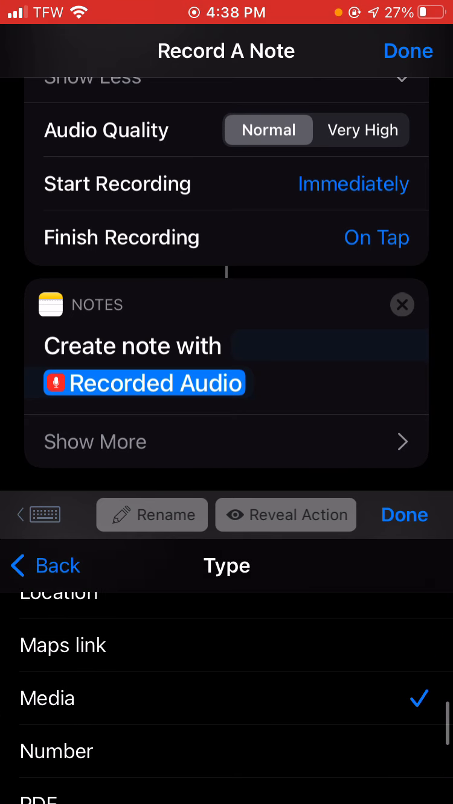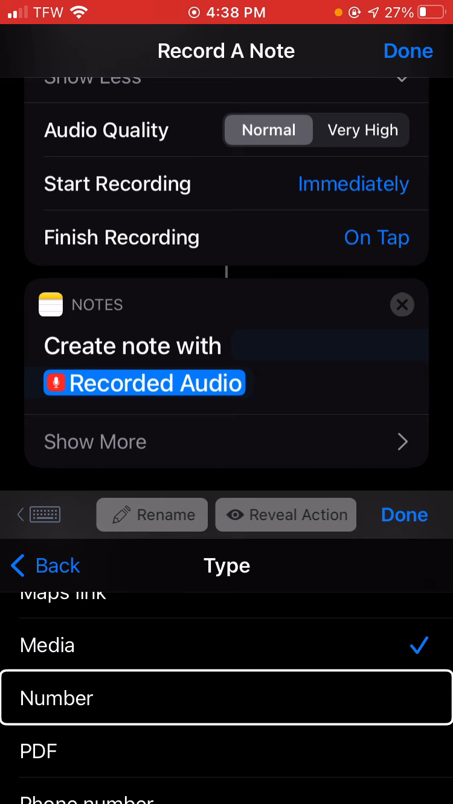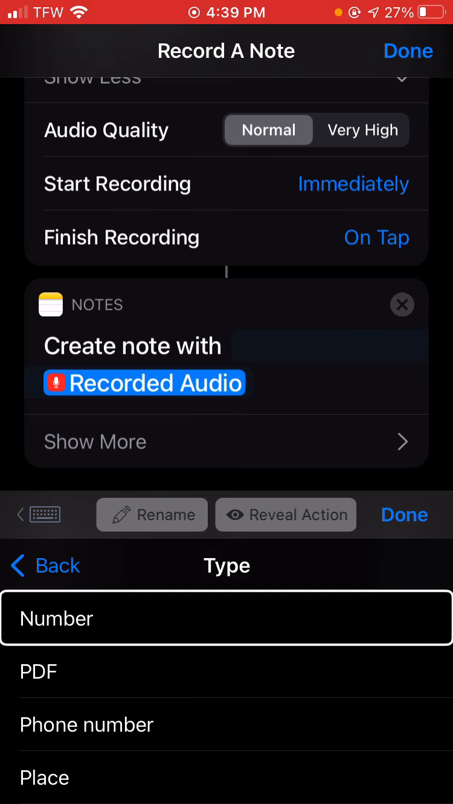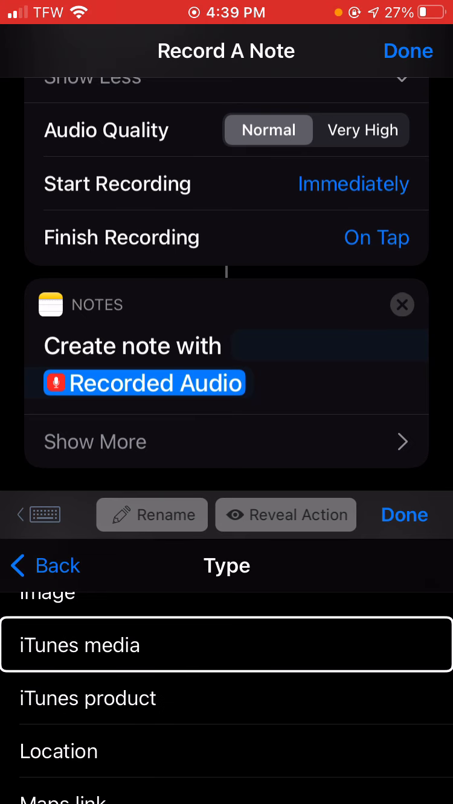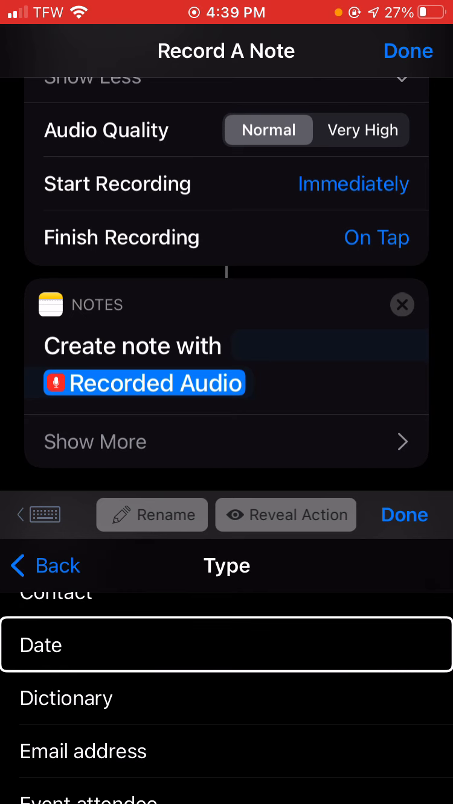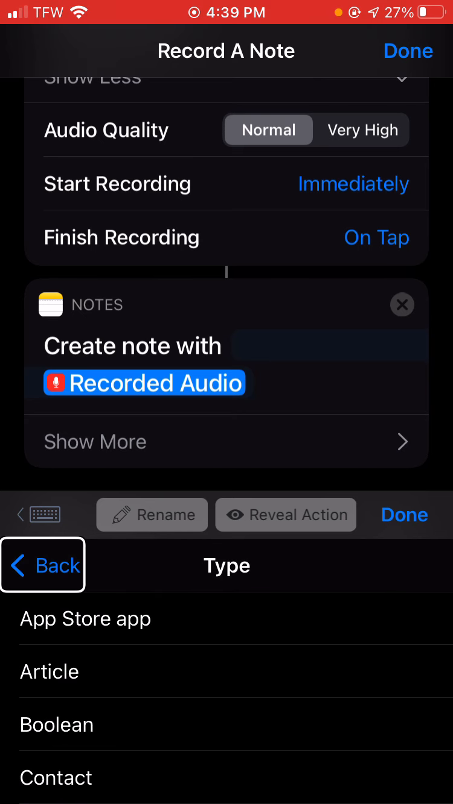Maps link, number, PDF, phone number, place, rich text, URL, card. You can make it a PDF somehow. Kinda crazy. iTunes media, image, file, event, attendee, email address, dictionary, date, contact, Boolean, art, apps, type. I'm just swiping left and right here. You can